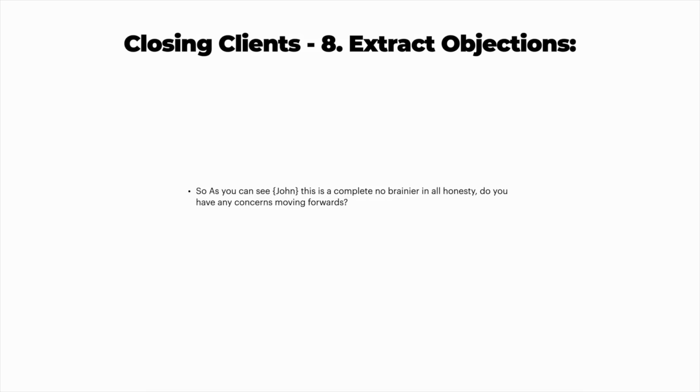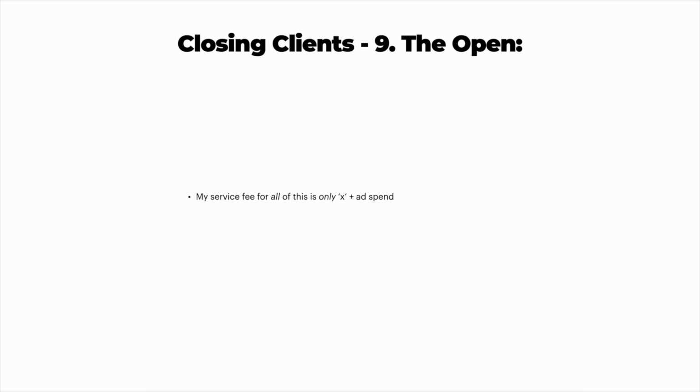So I say, as soon as they ask, okay Montel, how much is all this going to cost? I say, well, John, my fee for all of this is only $3,000 per month plus ad spend. And the key here is to go completely silent. As you can see, it's underlined in red, completely silent. Silence is an indicator that you are completely confident in your price. Do not stutter here, and don't try to justify your price. You don't ever want to do that. Silence is the key here.